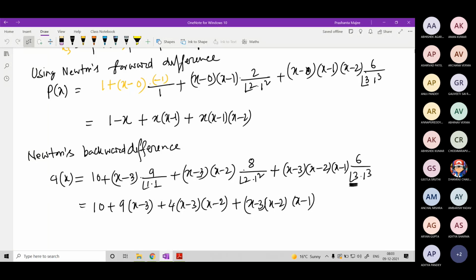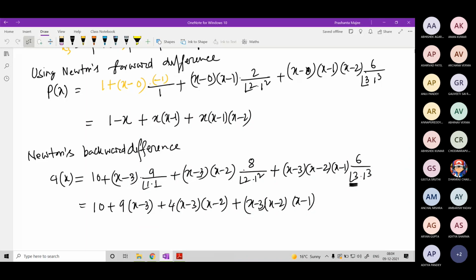And Newton's backward difference formula is advised if the point is close to the end of the data points. In that case, you may discard the first few data points, create the backward difference table, and find the polynomial. So you can reduce the degree of the polynomial, but still you are not